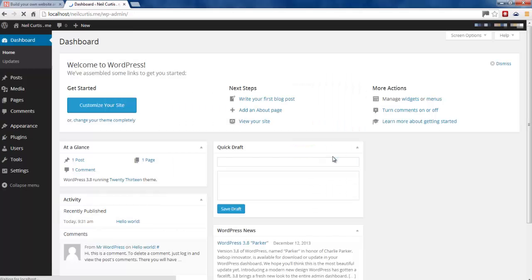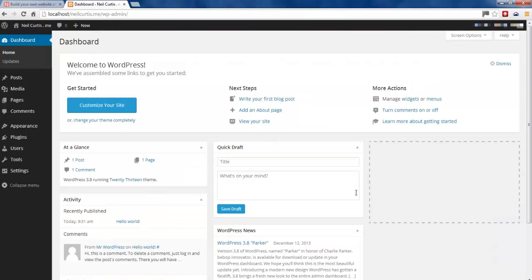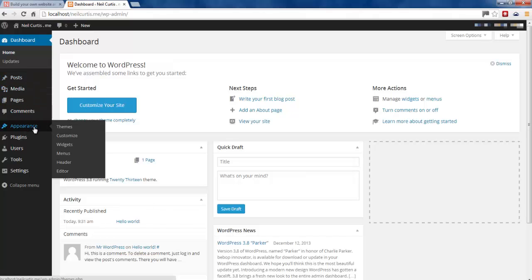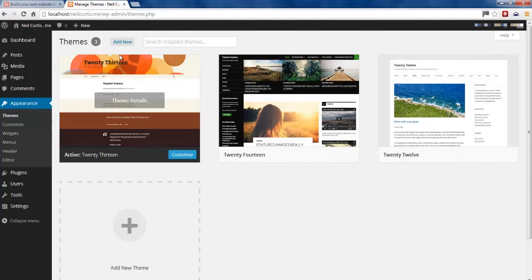And this is a newly updated WordPress 3.8. It's slightly different to the older version, but it works exactly the same. Just the styling of the dashboard's a bit different in the colors, but it all works the same. So we just need to go to Appearance, Themes, and you'll see this is some of the default installs. There's a new 2014 WordPress theme there. But we need to add new,